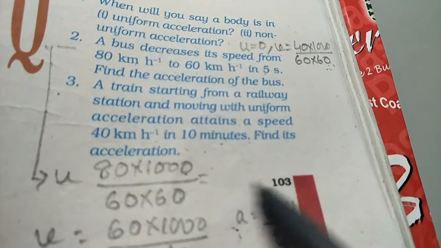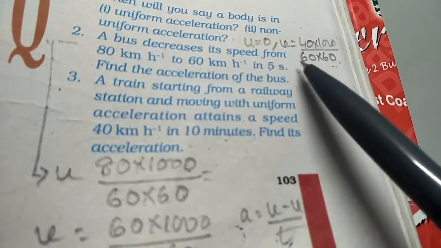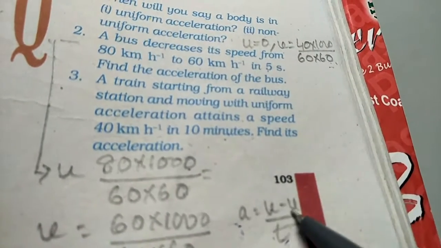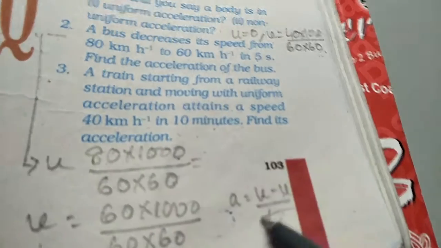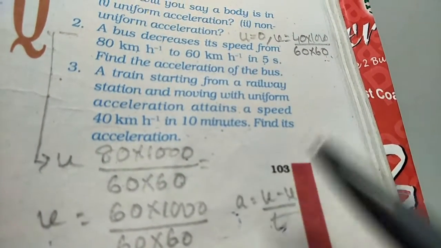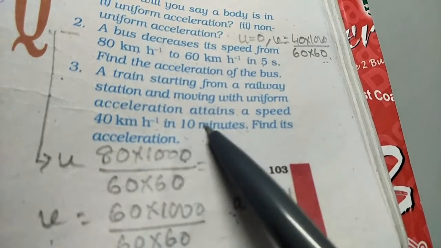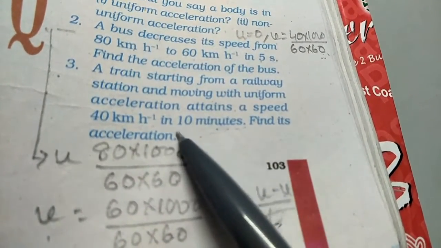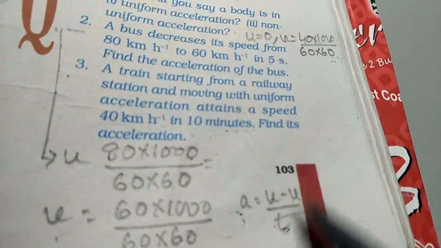Again you have to put it in this formula. Whatever value you get, put it here. u is 0 and time t is 10 into 60, because it is given in minutes, so you have to convert it into seconds. So 10 into 60 will be here. Now turn the page, we go to page number